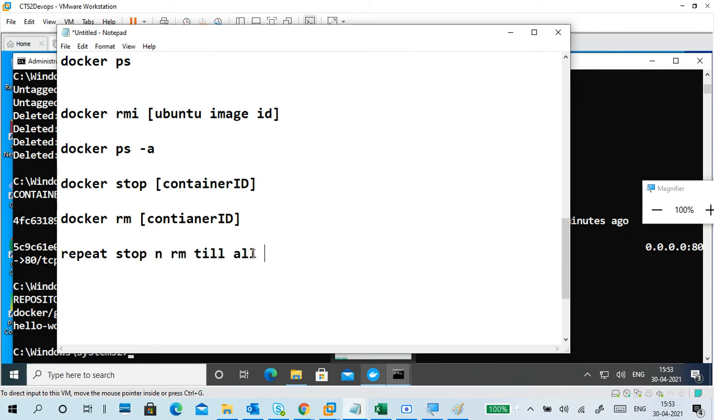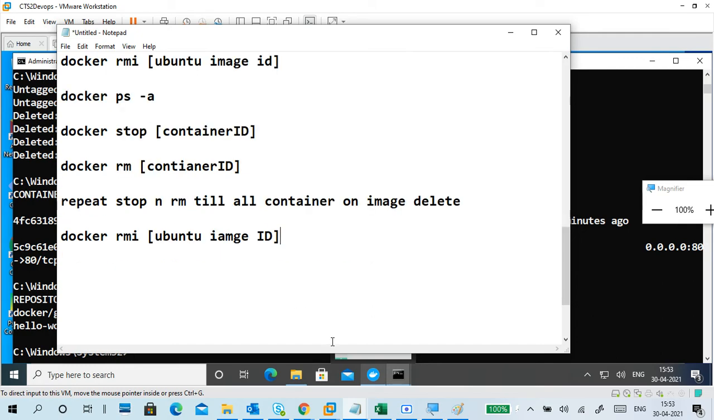Fill all containers on image. Delete. Next, again docker rmi with the Ubuntu image ID. Okay, so this is a...